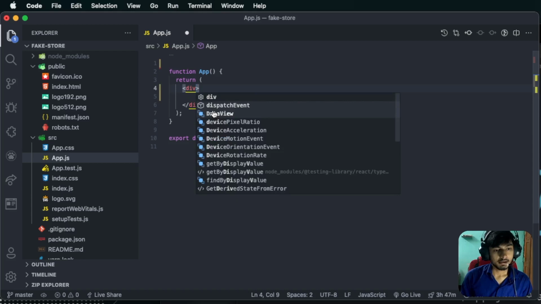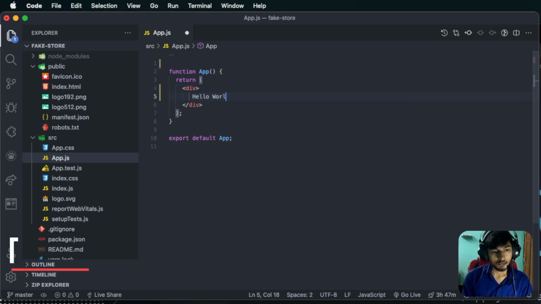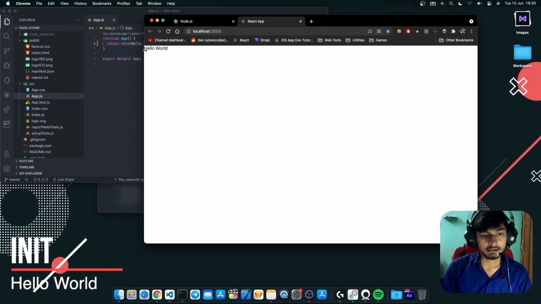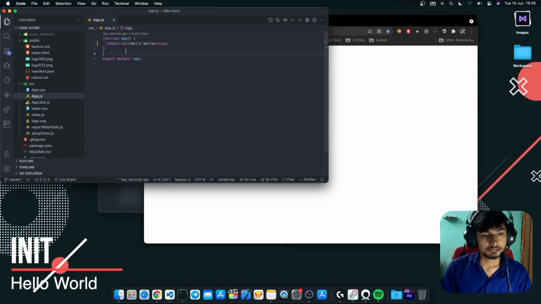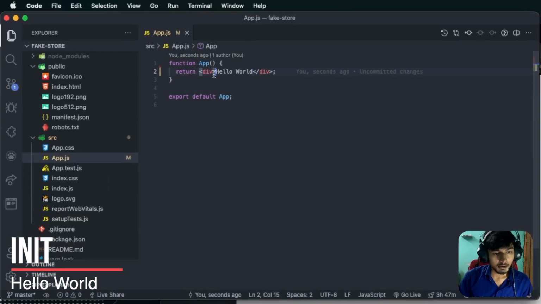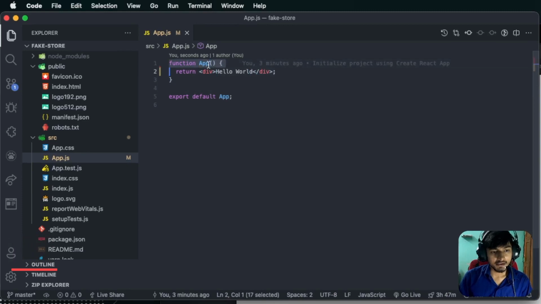All right. Now let's render hello world. If you hit save, you can see that it changes hello world. As you can see, this is a function app. There are two ways to create a function in React. First one is using class, and the second one is using function. And function is more efficient as compared to a class component because it gives you a more efficient and easier way to debug your application. So we're gonna go with